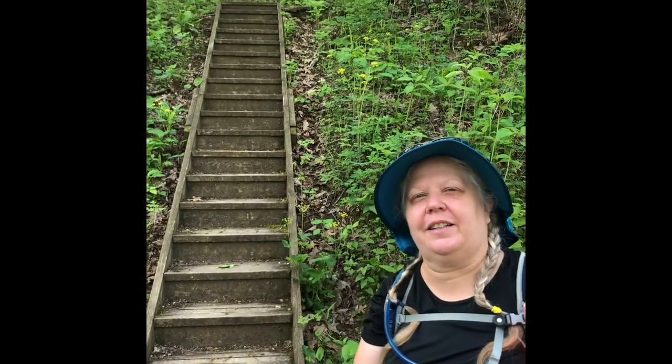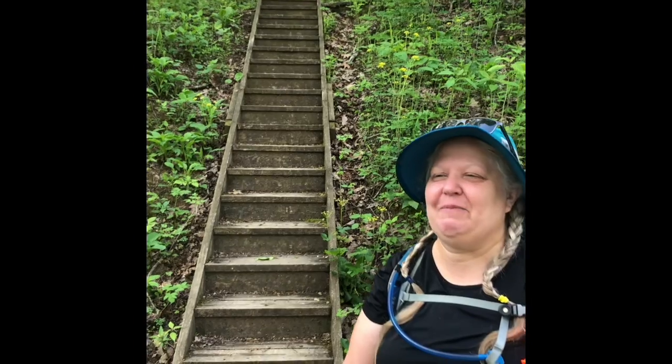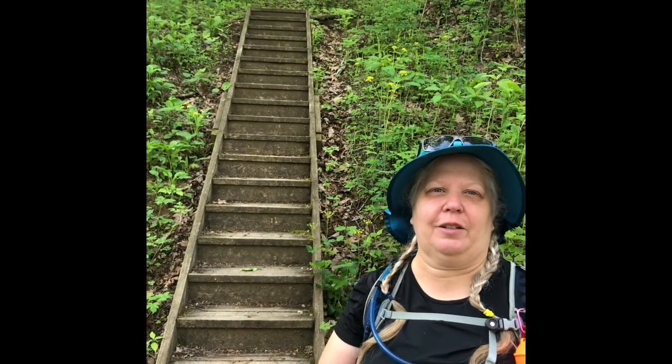Good morning, Trails down here for day 8 of our 2020 Appalachian Trail hike. Today we're starting at 8:12 again, and this time instead of going down the hill, we're going to finish going up the hill